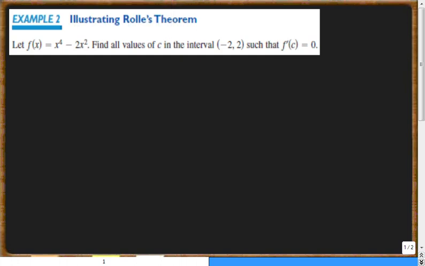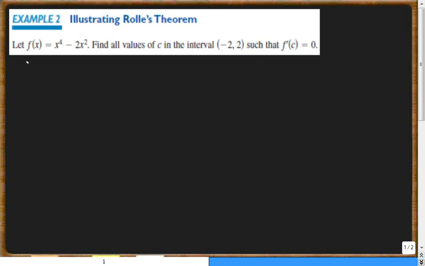Okay, so we are going to look into showing how Rolle's theorem works, and also how the mean value theorem works in just a second. So let's look at our equation. We've got f of x equals x to the fourth minus 2x squared. It says find all the values of c in the interval -2 to 2 such that f prime of c equals 0. Well, just to show that Rolle's theorem holds and it makes sense in this particular problem,